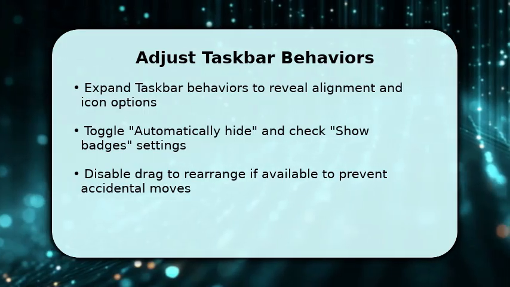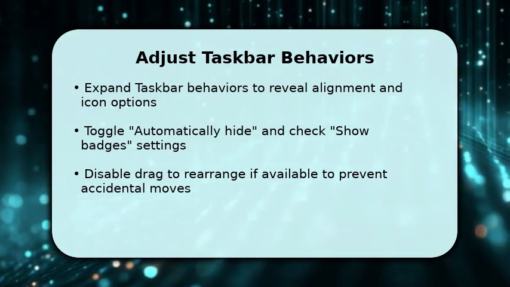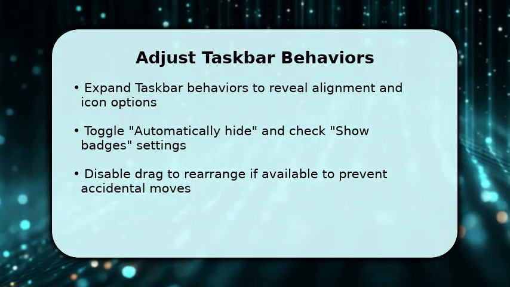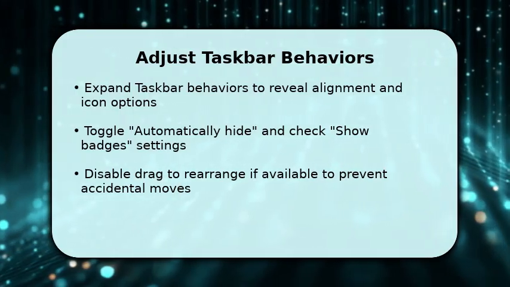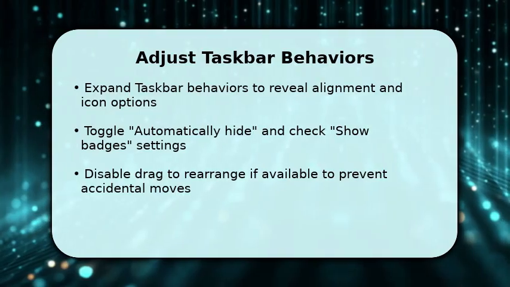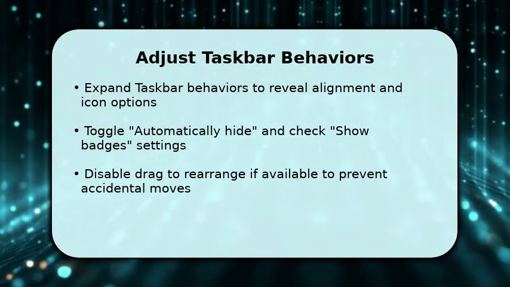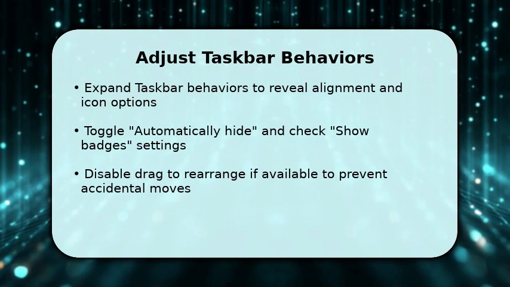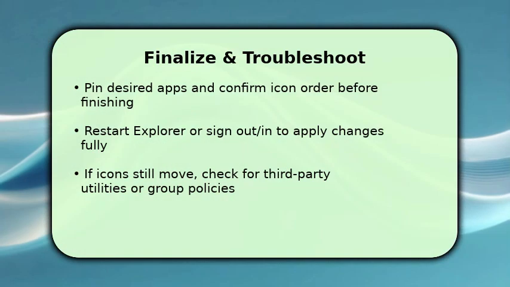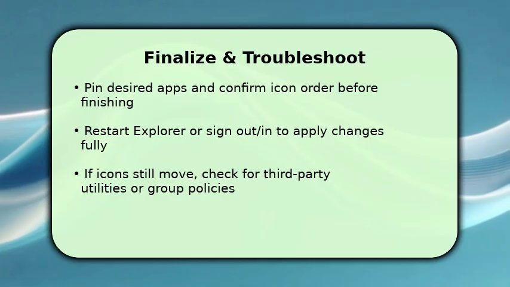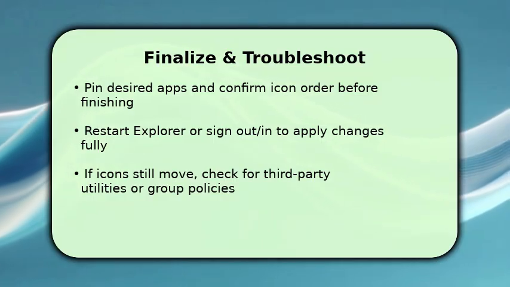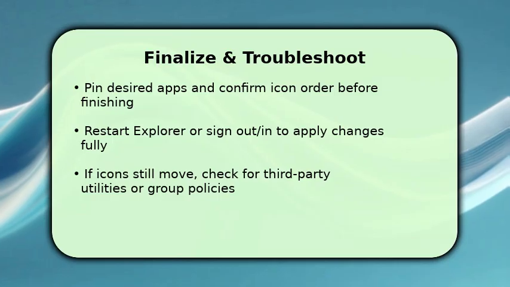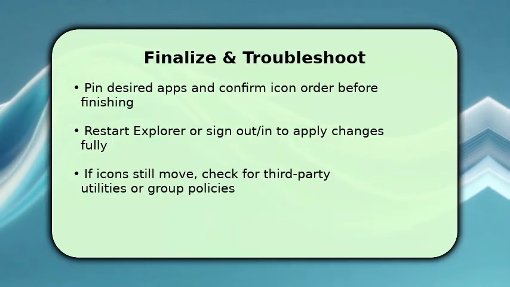If Windows 11 shows a setting to disable dragging or to prevent rearranging icons, turn it on to lock positions. If that exact option is absent, combine disabling drag with pinning apps to the taskbar. Pinning preserves icon location, so finish by pinning the apps you want fixed and confirming their order. This finalizes the lock. Then restart Windows Explorer from Task Manager or sign out and back in to ensure settings